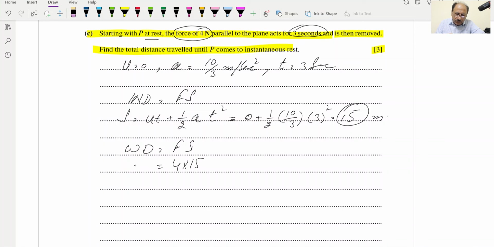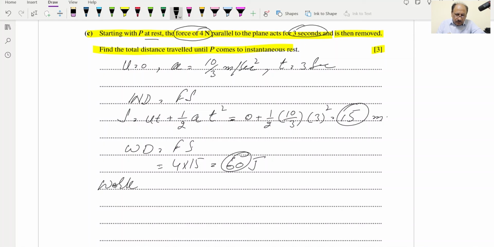If we do this, we will calculate work done will be equal to 60, right? So work done, we can write in the equation, will be in joules basically. So work done by 4 Newton force